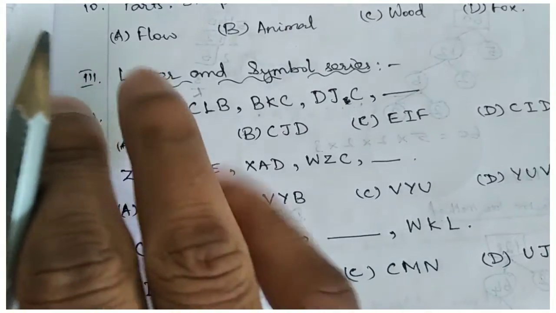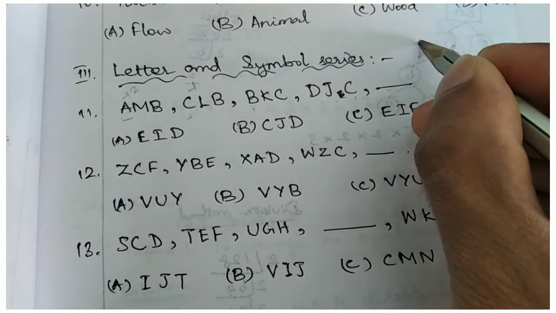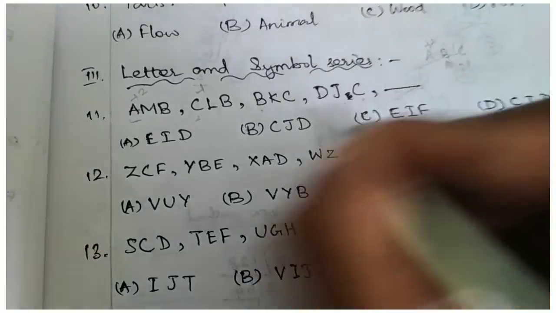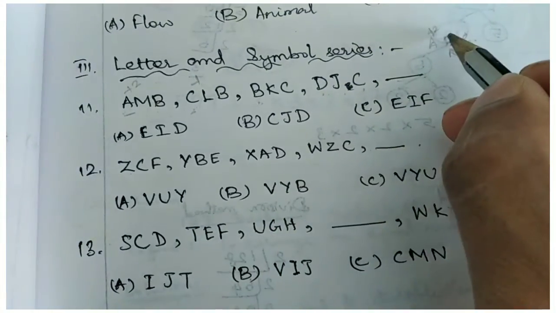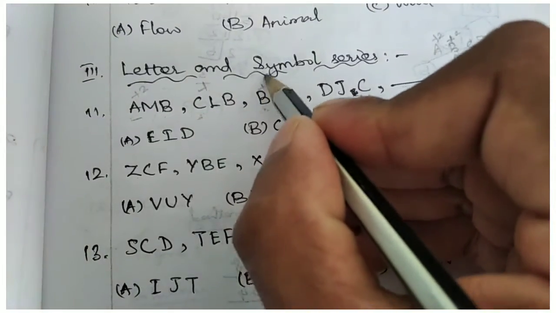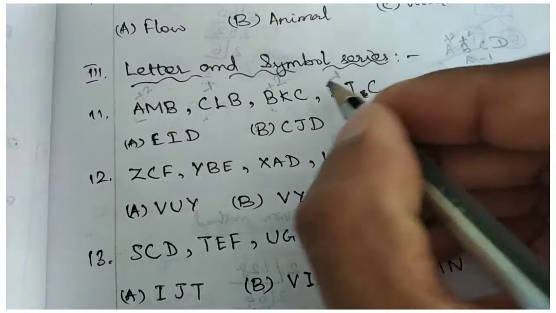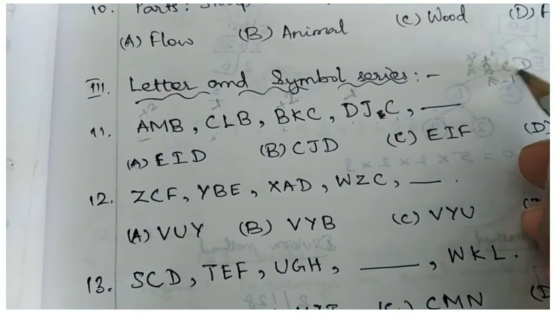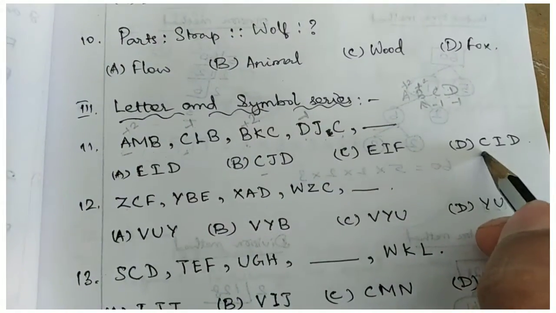Right? From C you are subtracting 1. So A, B, C in that order. A plus 2 is C. Now C minus 1 will be B. Now B plus 2 will be C, D. So it is plus 2. Therefore here D we must subtract 1. Plus 2, minus 1, plus 2 and minus 1. So by subtracting 1 from D you will get C. So the answer is in between the two options that have C here.